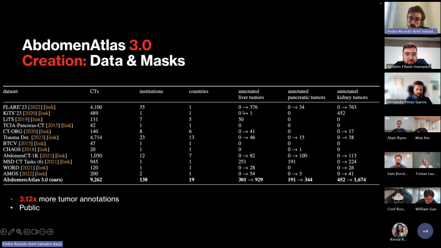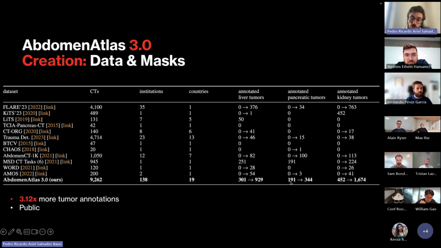Here in this table, in the numbers before the arrows, you see the number of tumor annotations that these data sets had. And after the arrows, you see the number of annotations that they have now, because we had a team of radiologists look at the CT scans and provide tumor segmentations for this data. And this group of radiologists could increase the number of tumor segmentation masks in this group of data sets by 3 times. So in total, we went from 300 liver tumor CTs to 900,